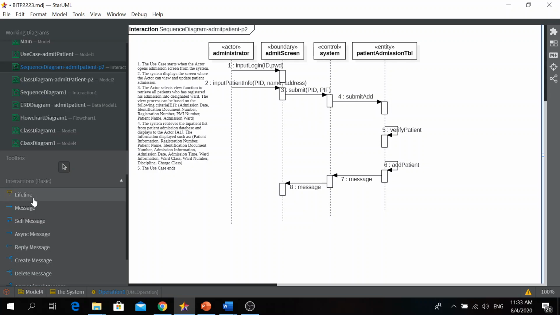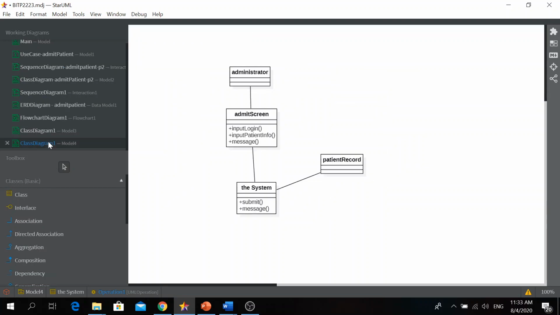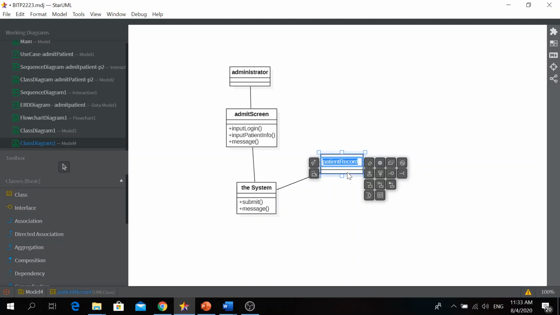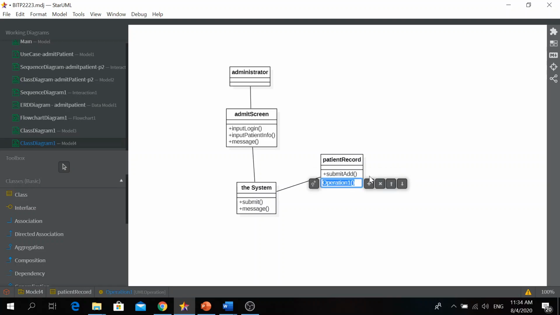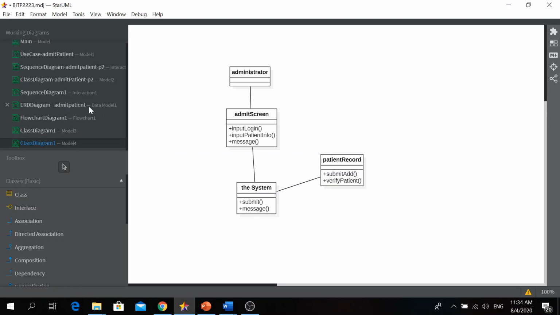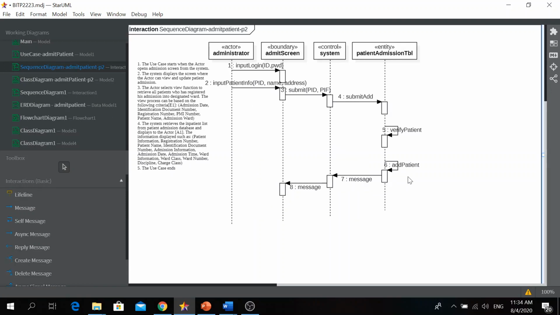Submit, add, verify patient. What else, class? Add patient.